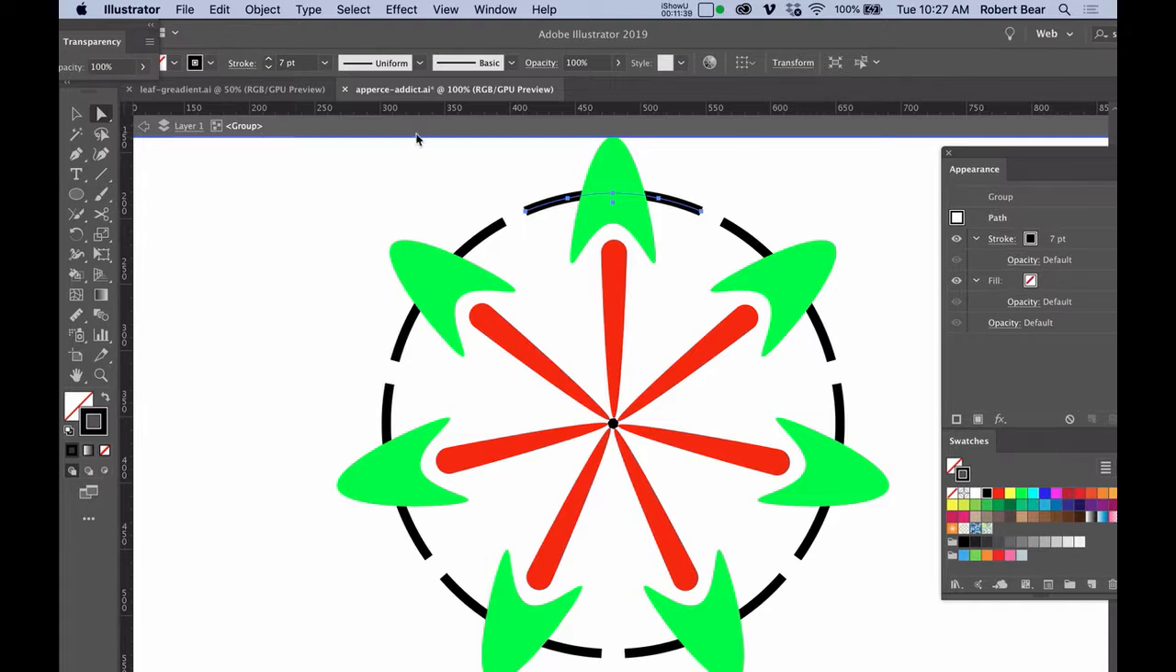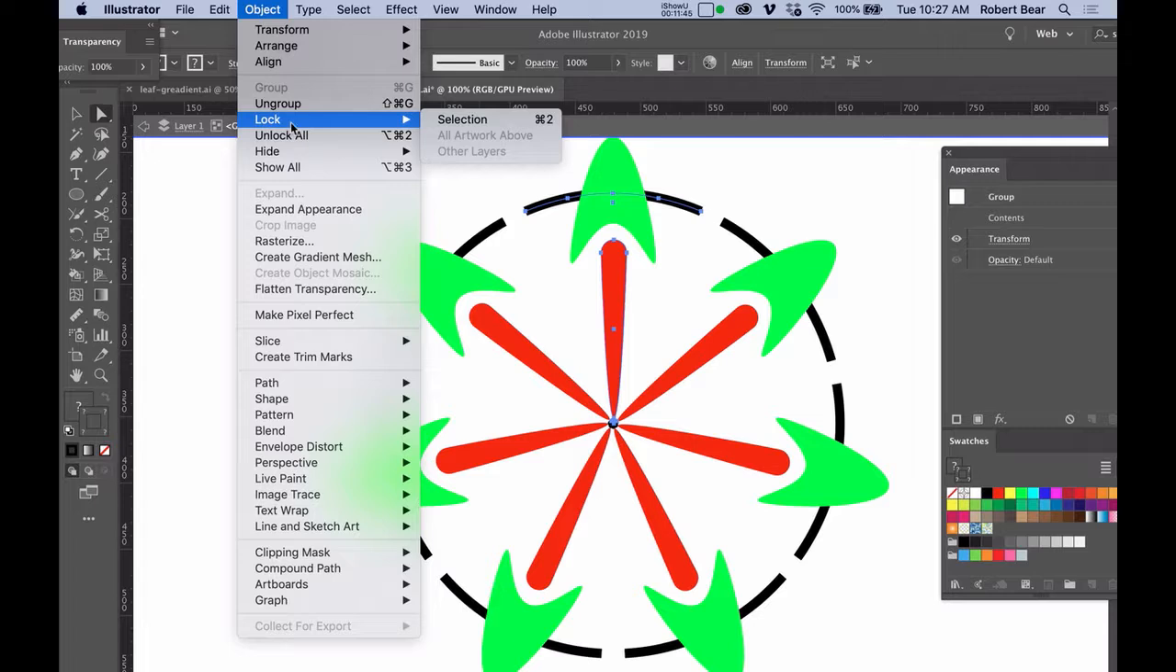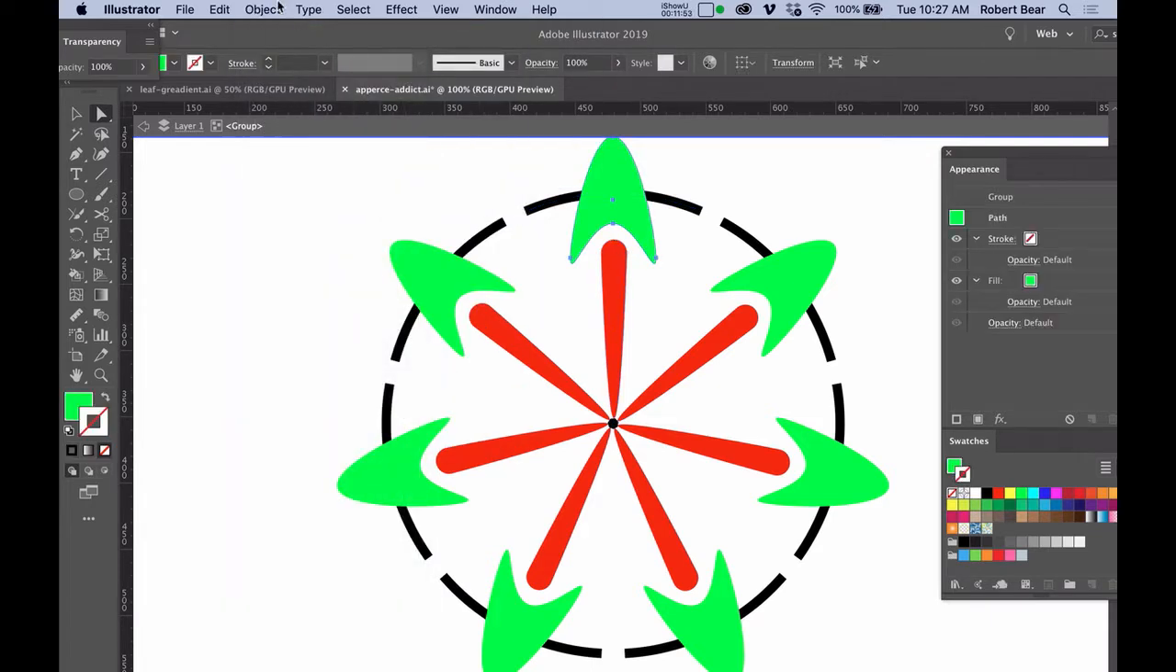I'm going to unlock the green by doing Object, Unlock, Command Option 2. So if it's Command 2 to lock, it's Command Option 2, Windows Control Option 2. There you go. So you can get some really cool things happening with your circles to connect through here. Now let me share with you another technique I can do. So if I have this selected,